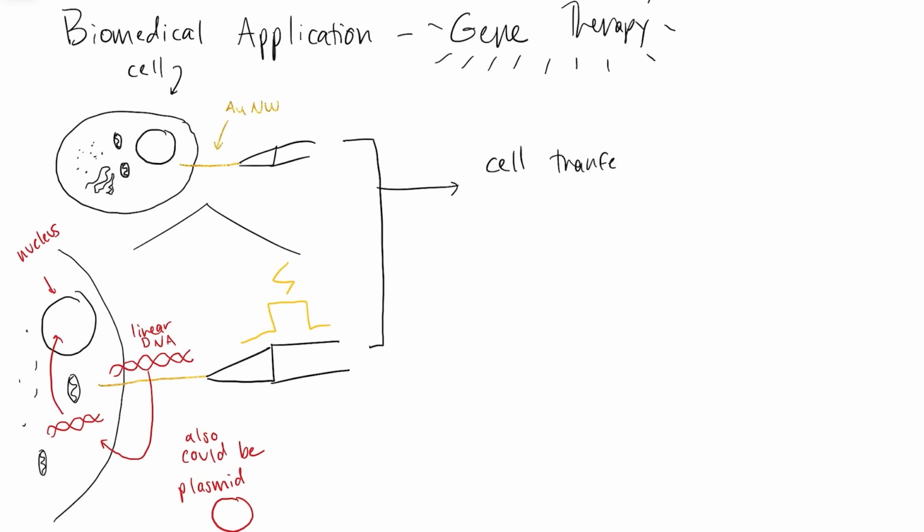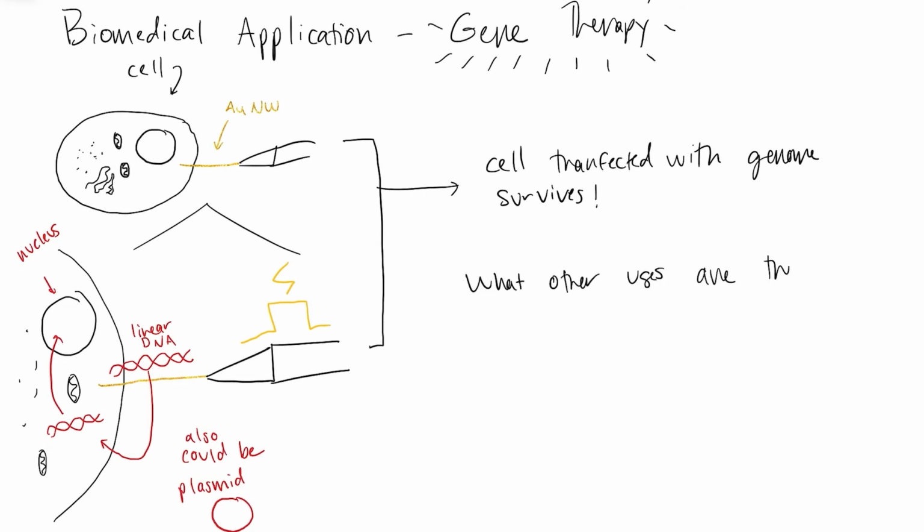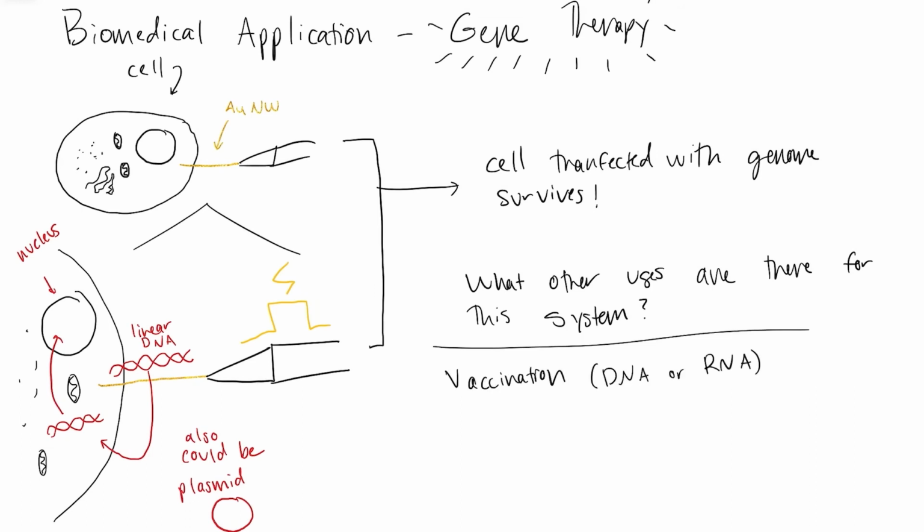This is a key advantage that prevents cells receiving gene therapy from undergoing apoptosis, or dying, due to the injector piercing their cell membrane. These properties together show the incredible value of gold nanowires as gene delivery devices, but this technology can also be applied to vaccination, targeted drug delivery, and understanding of cellular events.